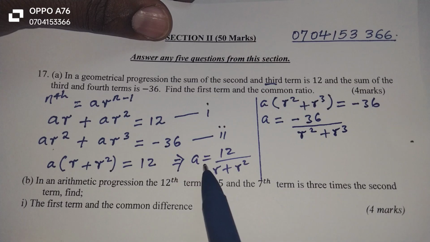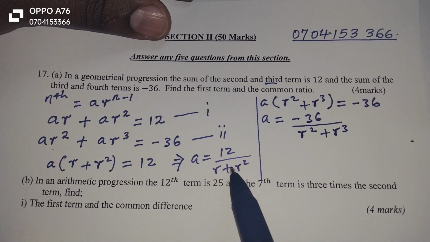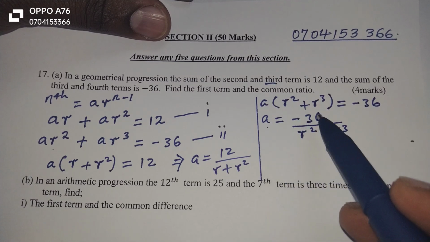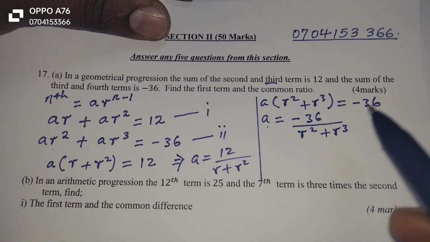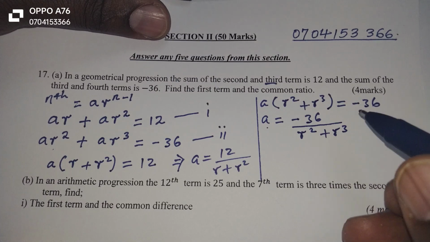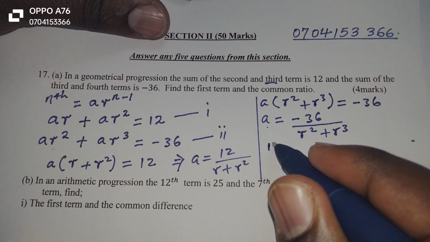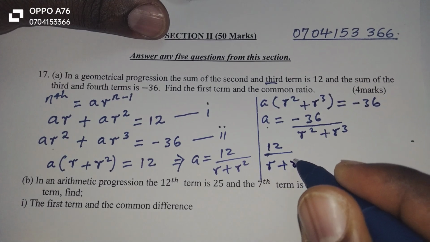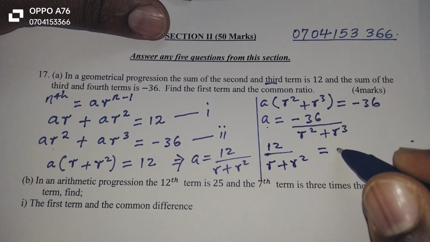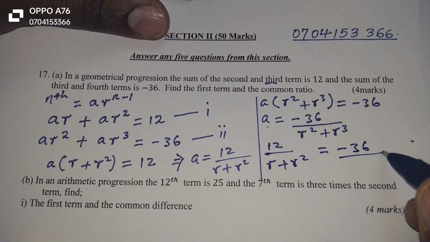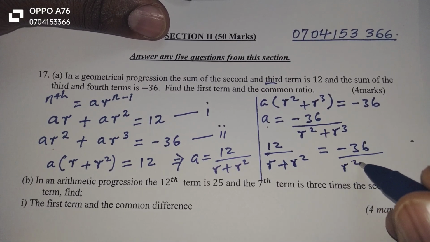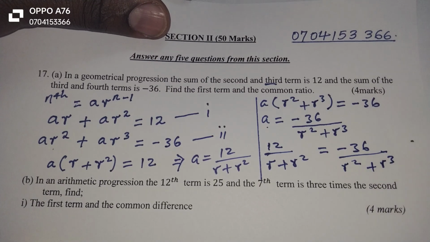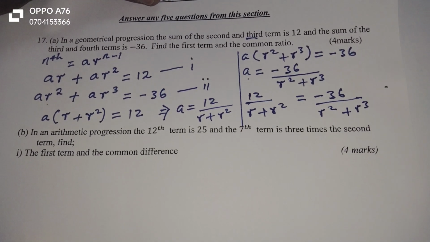So now that the expression for a is 12 over r plus r squared, and also a is negative 36 over r squared plus r power 3, then we can equate the two parts now. 12 over r plus r squared equals negative 36 divided by r power 2 plus r power 3. So we can now solve these parts,